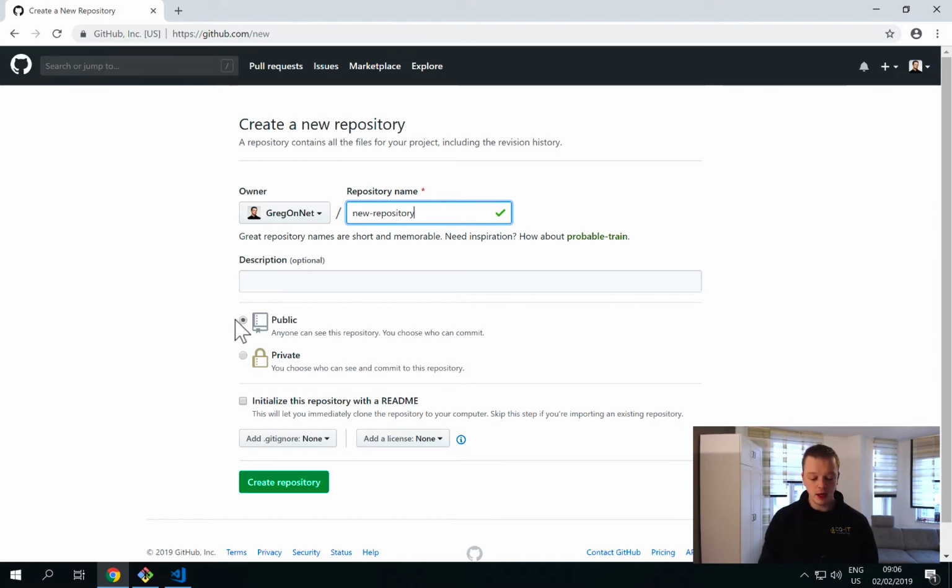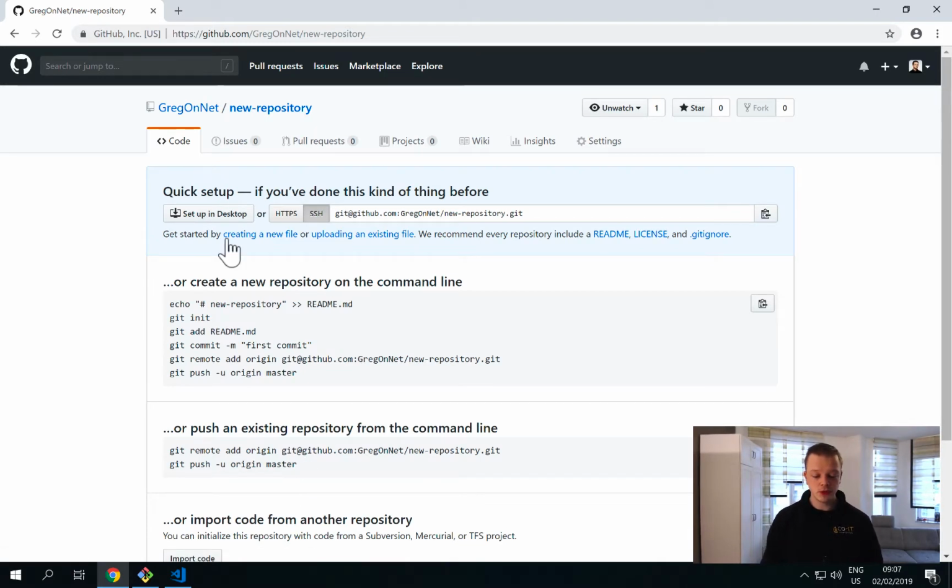and I want to make this repository public so everyone can see it, everyone can contribute or comment on this repository. You can also say that this is private. This does not cost anything. Since a few months ago, Microsoft and GitHub decided that private repositories for personal users are free as well. So now I just initialize an empty repository,